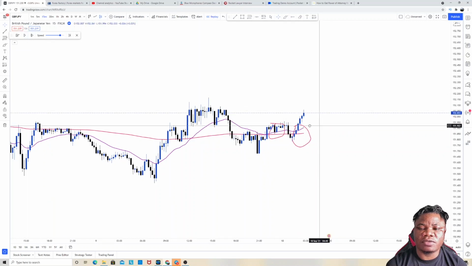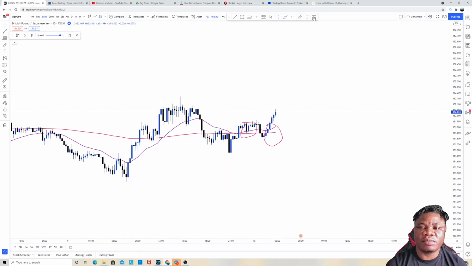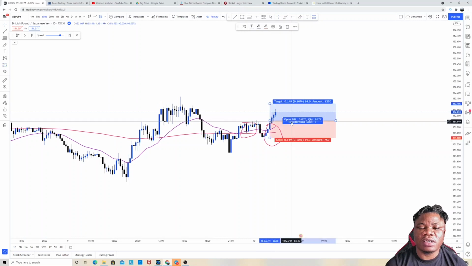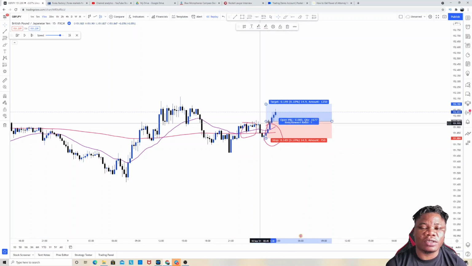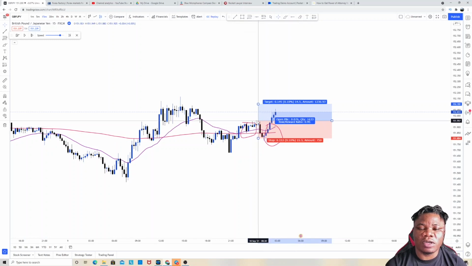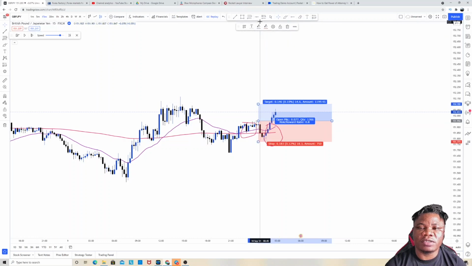Now our entry will be right here, because we can clearly see that price is really far away from the 25 EMA. We have all our conditions met, and we'll have our entry right over here at this second bullish candle, and we can have our stop loss right below this low right here, which is going to be for about 18 pips, and we're just going to